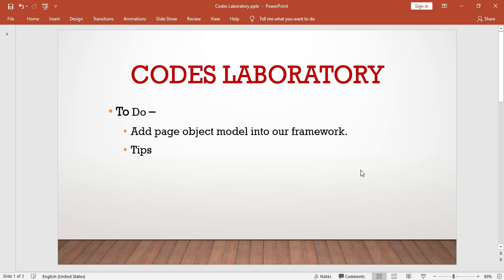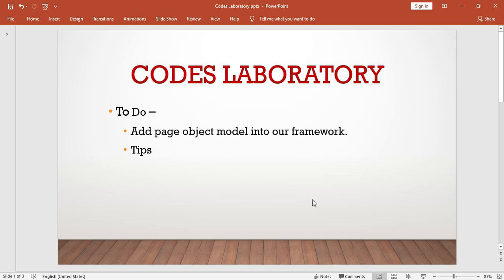So in the earlier video I have told you how to integrate your Selenium script with JMeter, and in this video I am going to tell you how you can convert your existing framework into a page object model, so it will be easier for you to maintain your code, to maintain your big projects. And I'll be giving you some tips, and those tips will help you in maintaining your project.